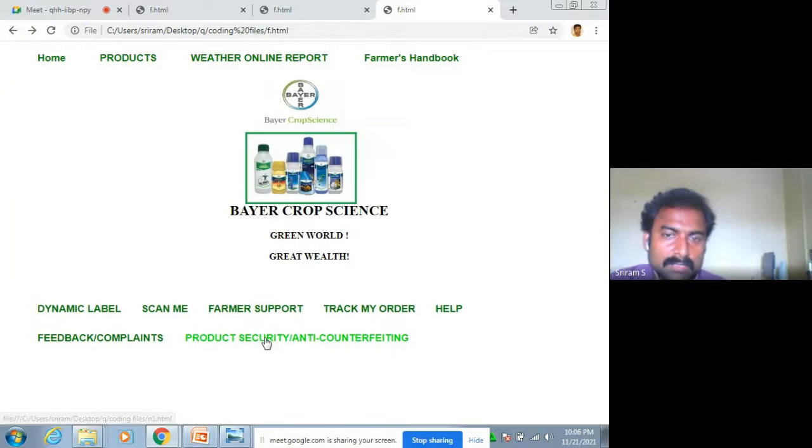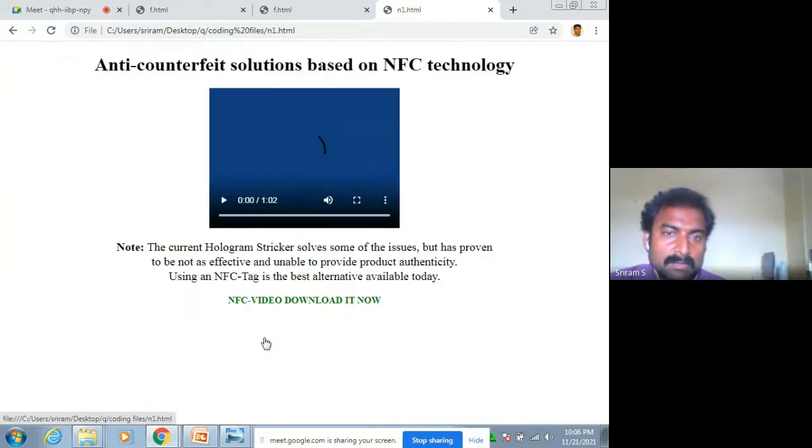Then product security and anti-counterfeiting. Here we are using the NFC technology. NFC technology is the best for anti-counterfeit solutions.